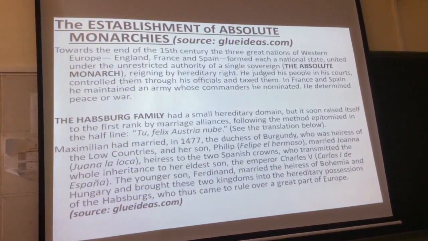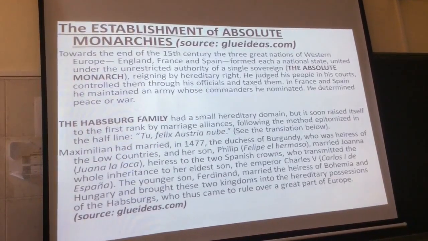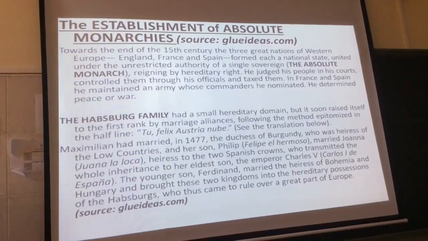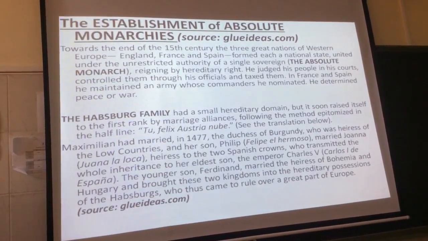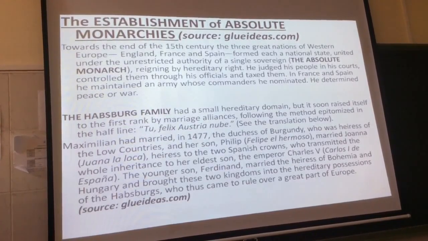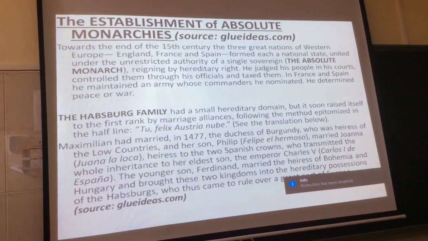The interesting thing about these people is they come from the Habsburg family. They had a very ingenious way of increasing their territory. Instead of fighting wars, the traditional way, what they did was they strategically married other families with lots of territory to have absolutely no loss and increase their gains in territory. Okay?